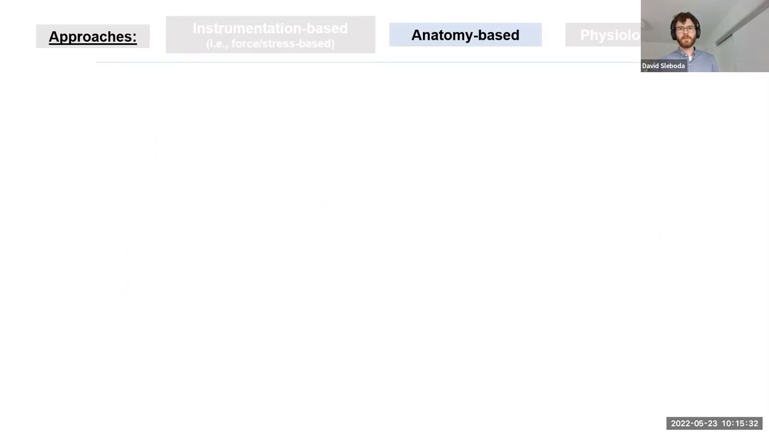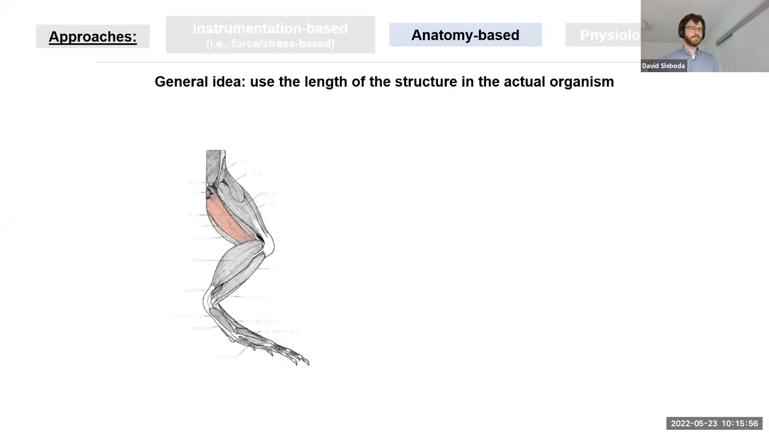Okay. So another approach to determining appropriate reference length for a set of soft structures would be to use an anatomy-based approach. And so the general idea behind this is that all of these samples came from somewhere. They had some original anatomical context. So why not use the length of the structure in the actual organism, the in vivo length, to define a reference length? For example, if you had an anesthetized or a recently euthanized bullfrog, you could look at the muscle of interest before it's dissected out of the organism, see how long it is,